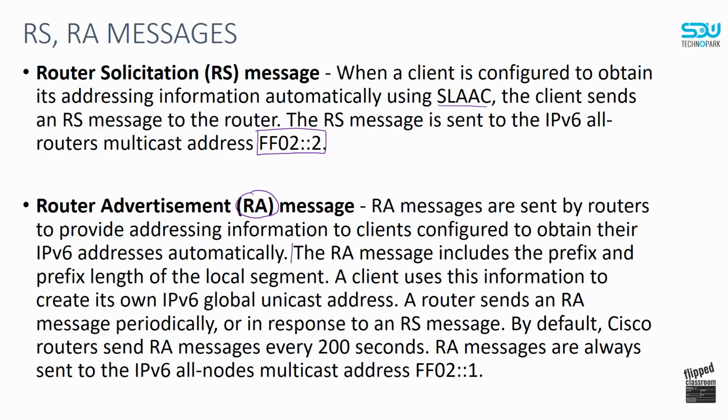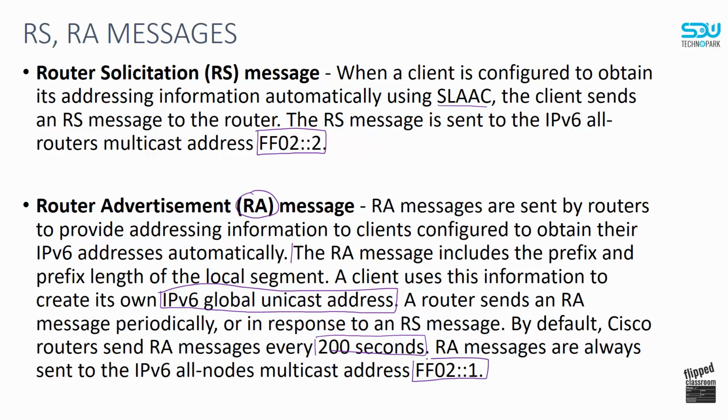A client uses this information to create its own IP version 6 global unicast address, and a router sends an RA message periodically or in response to an RS message. By default, a Cisco router sends an RA message every 200 seconds, and RA messages are always sent to the IP version 6 all nodes multicast address